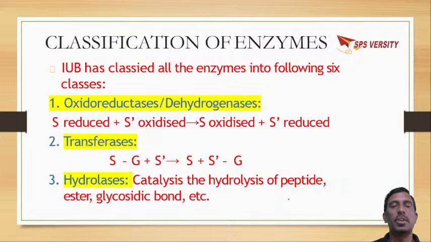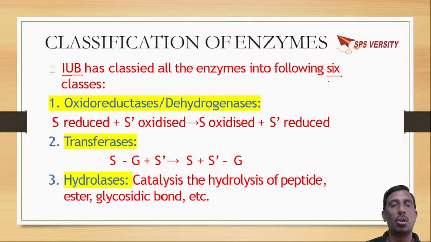Factors affecting the functioning of enzymes. Now we'll study the classification of enzymes. This classification of enzymes is done by the International Union of Biochemistry, IUB, which has classified enzymes into 6 classes. So enzymes may change types,